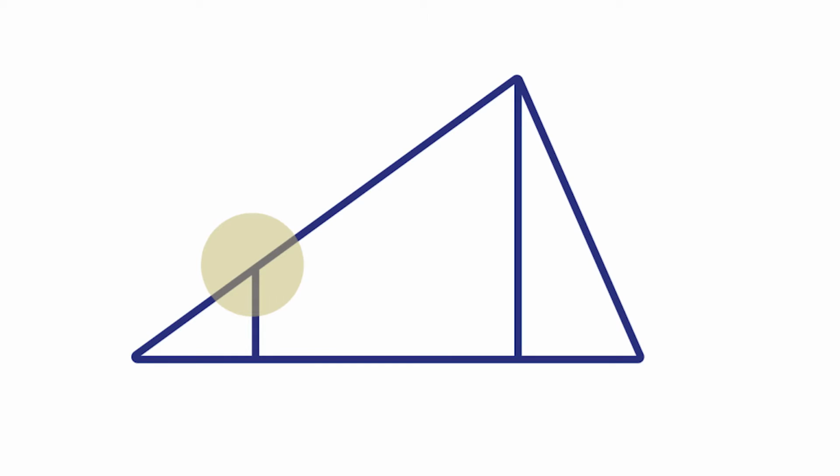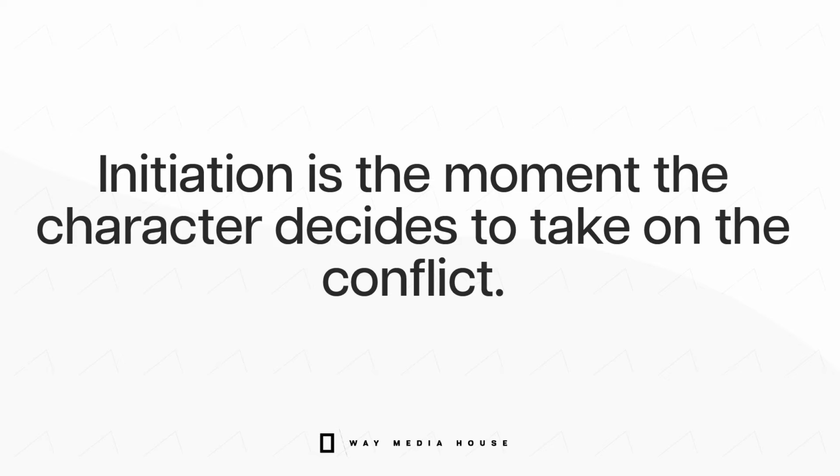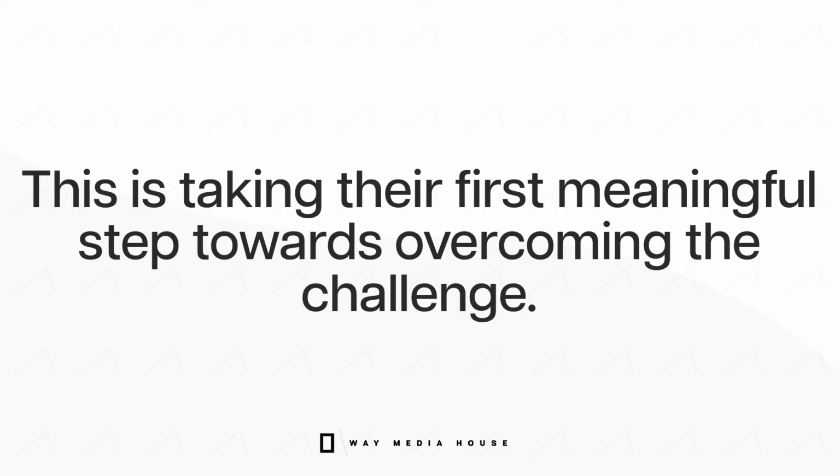Now, when you are done with that, the next thing is initiation. That's the third thing in the story triangle. Now, what is initiation? This is the moment the character decides to take on the conflict. We all know that when you encounter certain troubles or problems, you want to take the first step on how to solve the problem or how to go about the challenge. Now, when you have created a conflict, you need to start throwing out that first step on how you solve the problem,